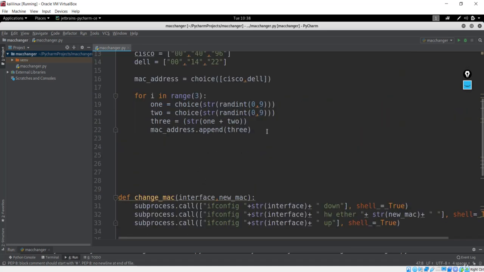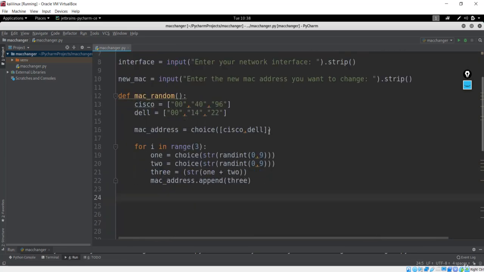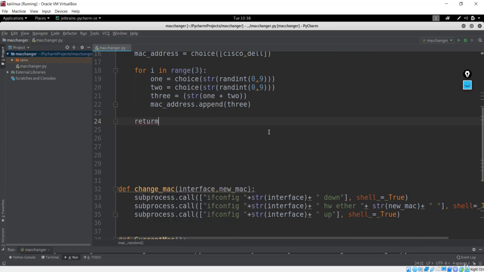So in order to make that, you have to remember about the join method. It was a very important method. I have just told you that before, and that is going to be here returned. And let me just concatenate it with the join method, and let me add MAC address.